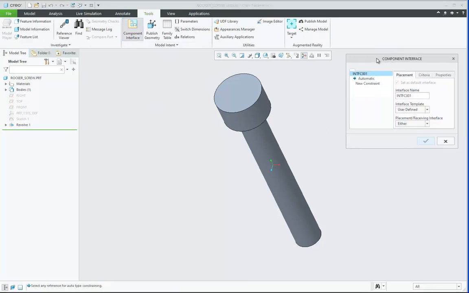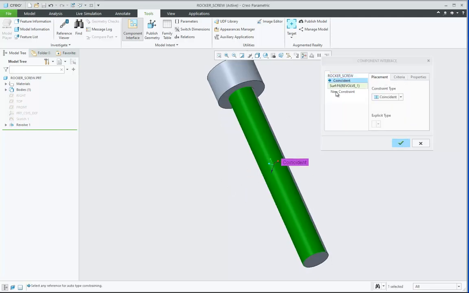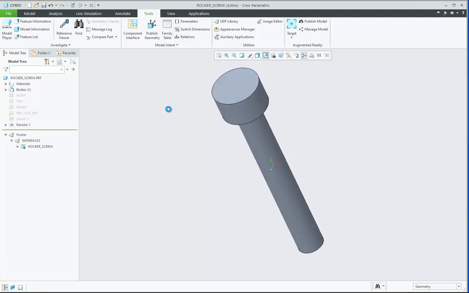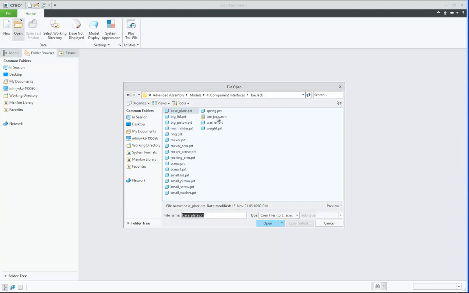So since I want to place this part, I will select the placing type interface and give it a name similar to that of the part name, and then constraint should be like this. Okay, so the interface gets created. Okay, then I will open the main assembly,